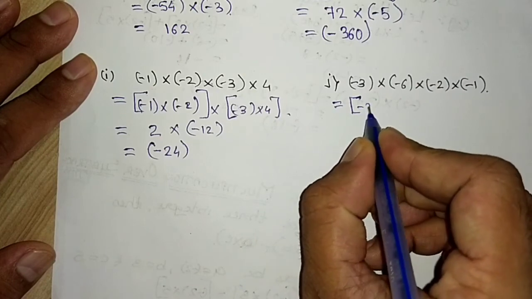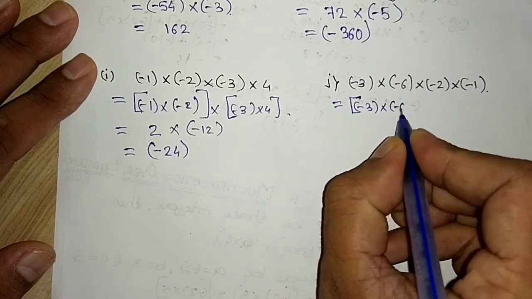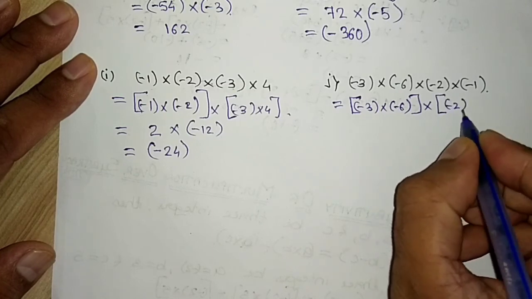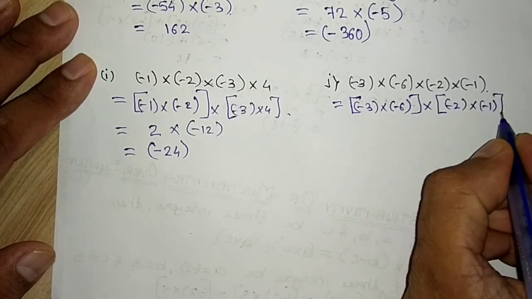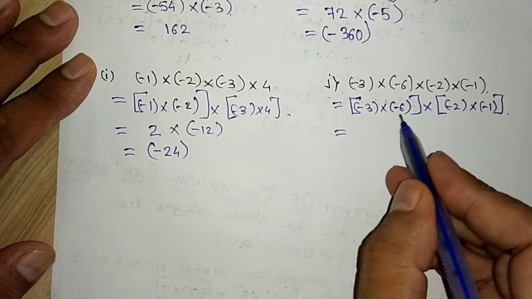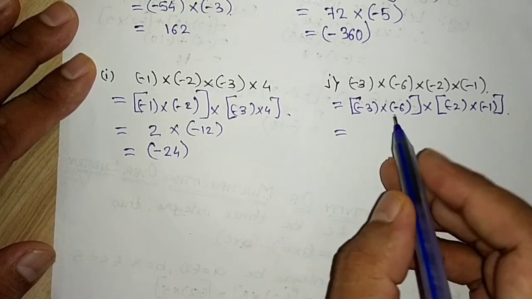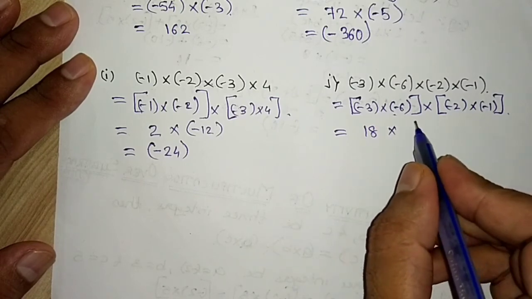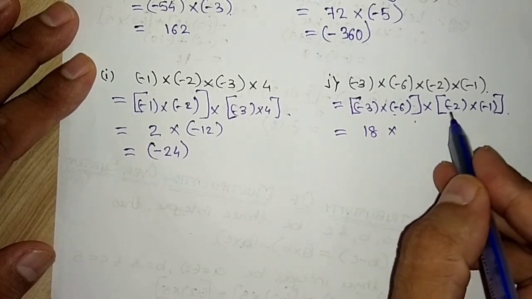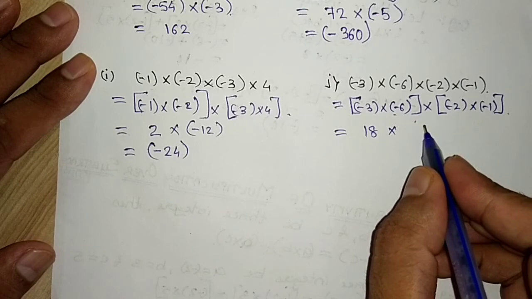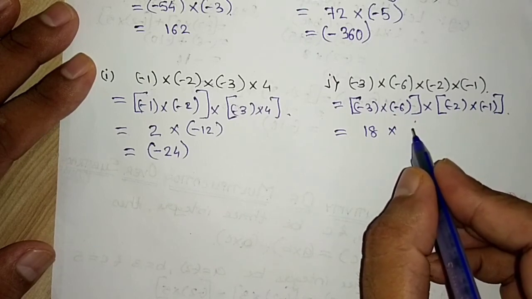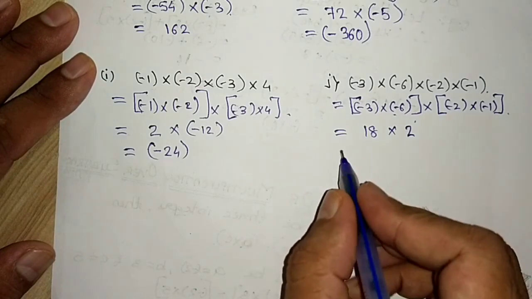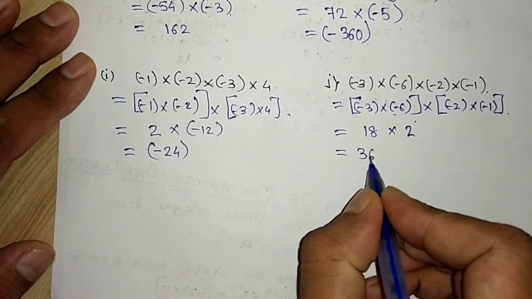First I am grouping first 2 numbers, and then I will group next 2 numbers. 2 even number and 6 3s are 18, so it is +18. Multiply by 2 and -2 and -1, again 2 integers with that is even, so multiply and give the positive number, and 18 2s is 36 students.